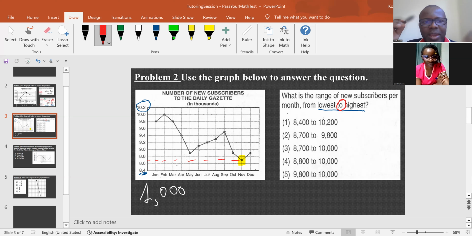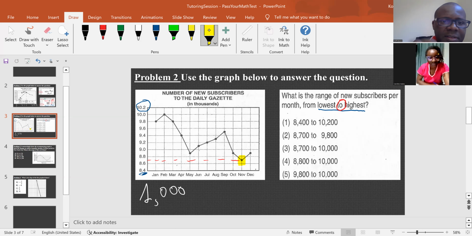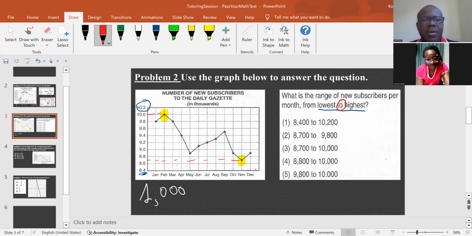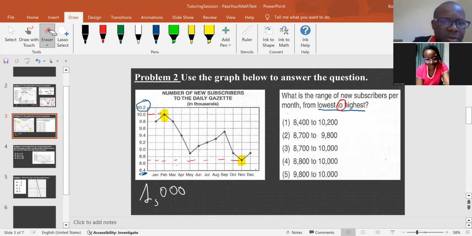8.8. Okay. And what do you think is going to be the highest? The highest will be in February. February. Perfect. And the amount related to that is 10.0. Okay, let's remove this. Now, they say lowest to highest, but here they use 8,400 to 10,200 or 8,700. That means what? After you figure out the two values,